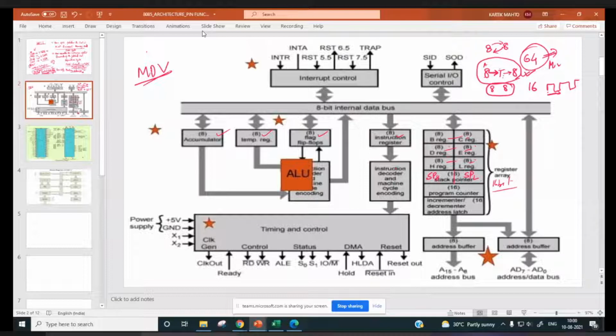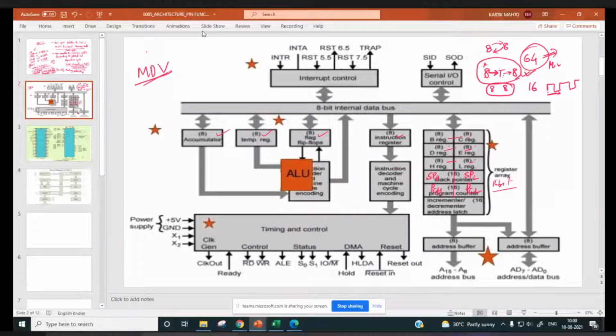The program counter is also PCH, PCL, right? So if you want to read the content of the program counter, or copy it onto some register, the copying will be done 8 bits, 8 bits, right?